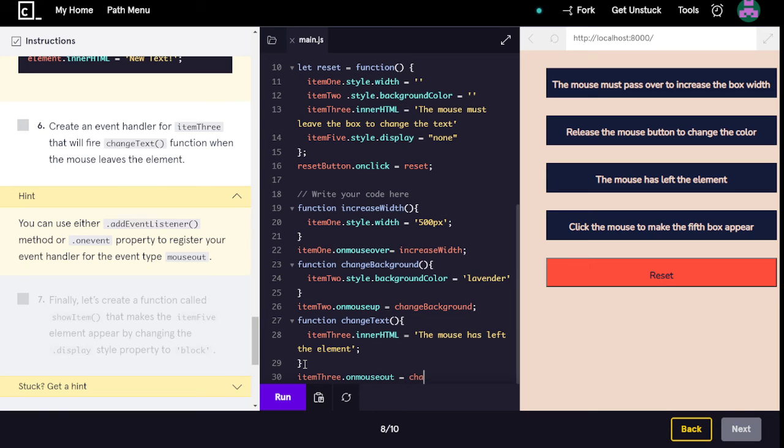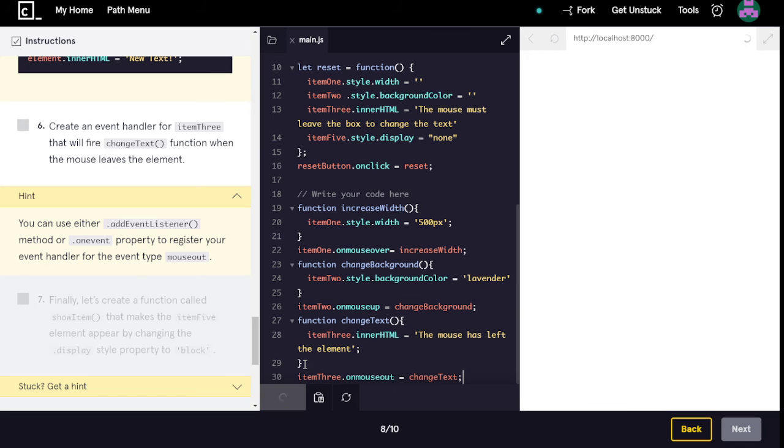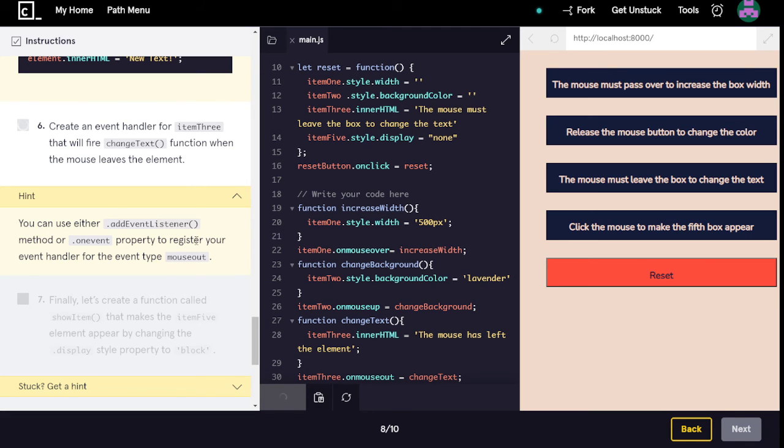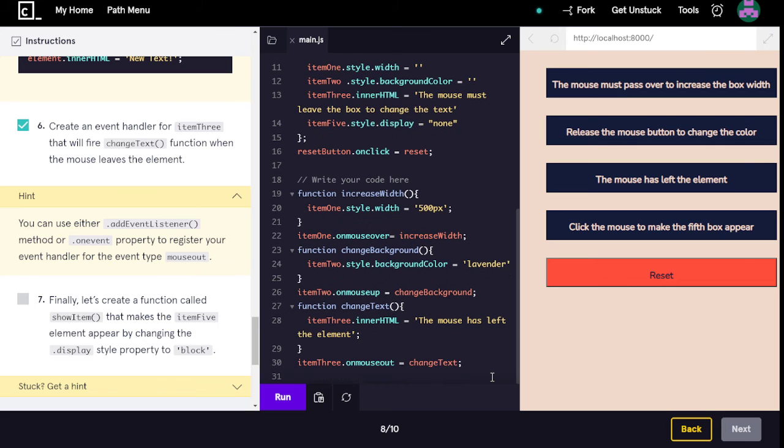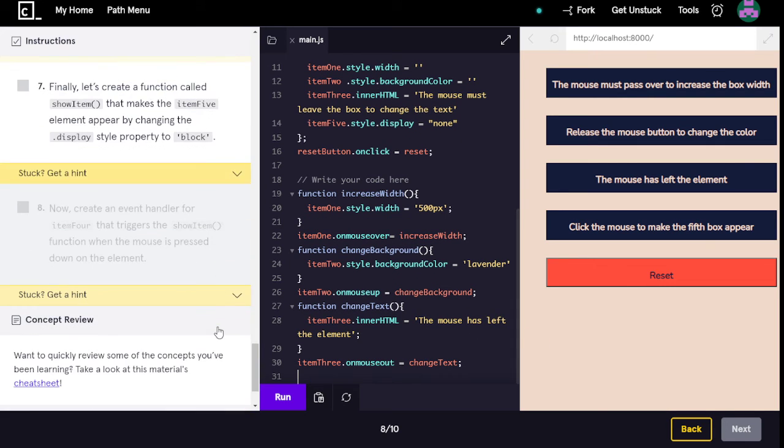And the function we just made was change text. And so when we go in and then go out, the text changes. Cool. And then the last one will be